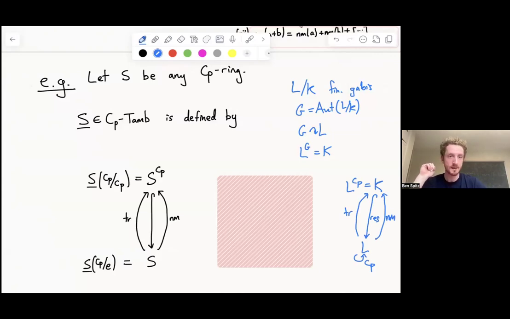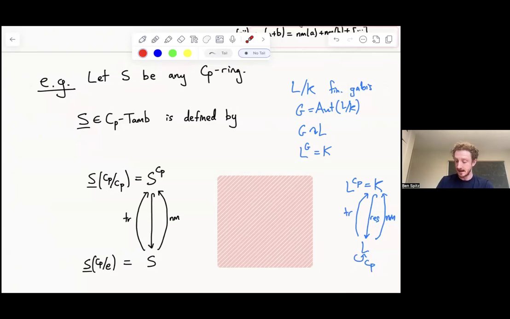Okay, and maybe you've seen these definitions before in Galois theory and maybe not. Either way is fine. But we can do the same thing, not just for Galois extensions, but really anytime I have a commutative ring with a CP action. A finite Galois extension is just a nice situation where you get a commutative ring with a CP action. So how does this work? Take any commutative ring with CP action, and we're going to define a Tambara functor. I guess S is my CP ring, and S underline is going to be my corresponding Tambara functor.